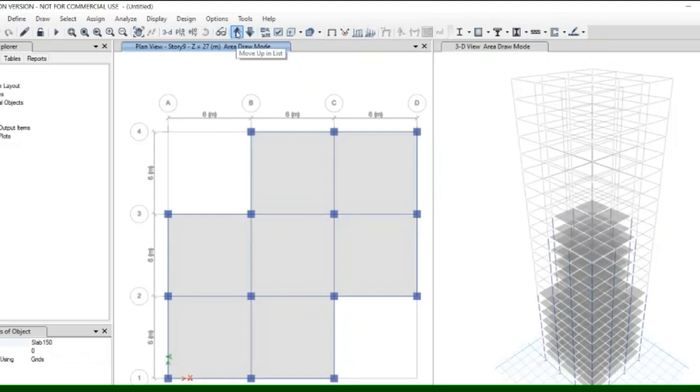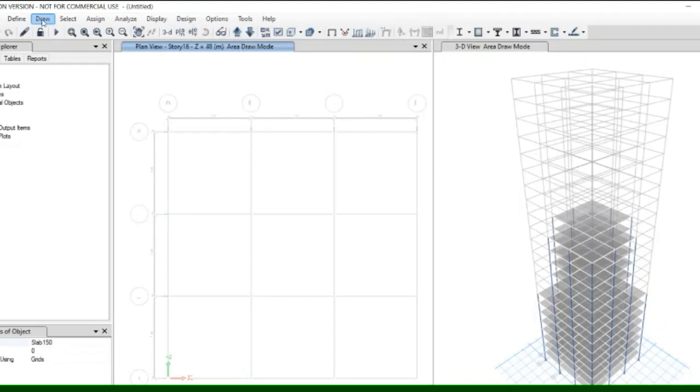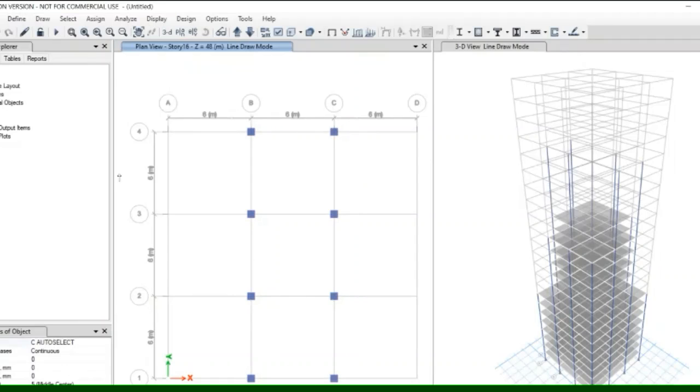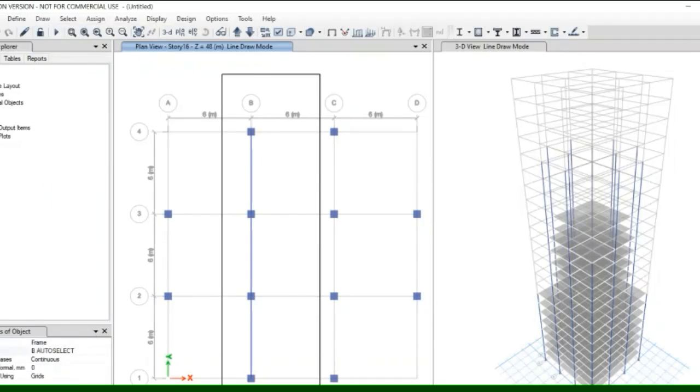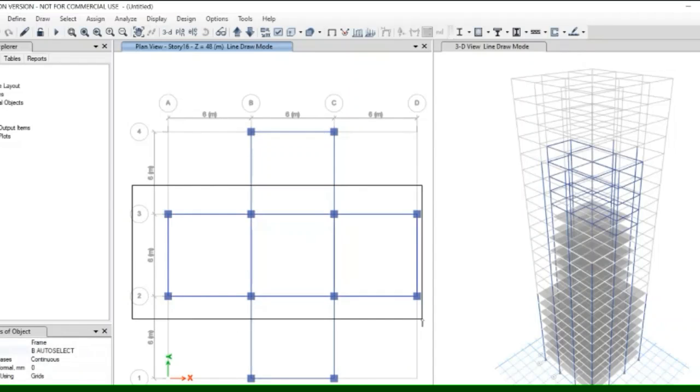Again go to the upper story, any one from the master stories. Quick draw column, make sure the property is auto select, and draw. Similarly, quick draw beam, drag.